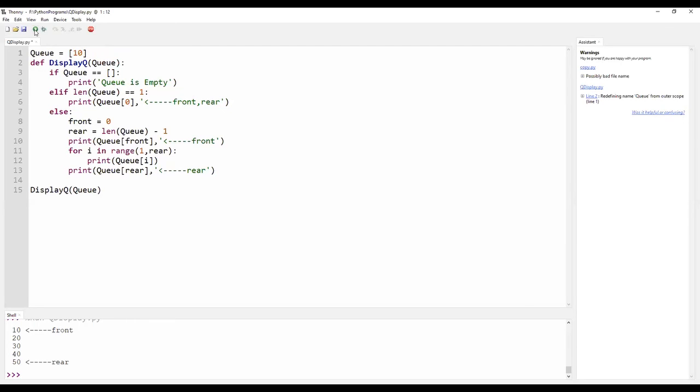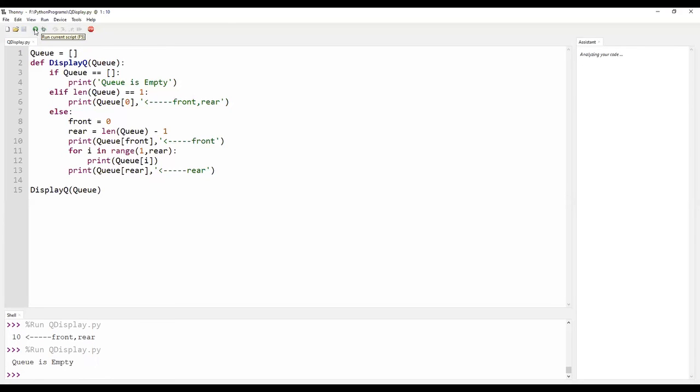If I am running this program now, you can see that the queue has only one element. So front and rear point to the same location. On the contrary, if I try to pass an empty queue and I try to print the same, it will be displaying the message "queue is empty".